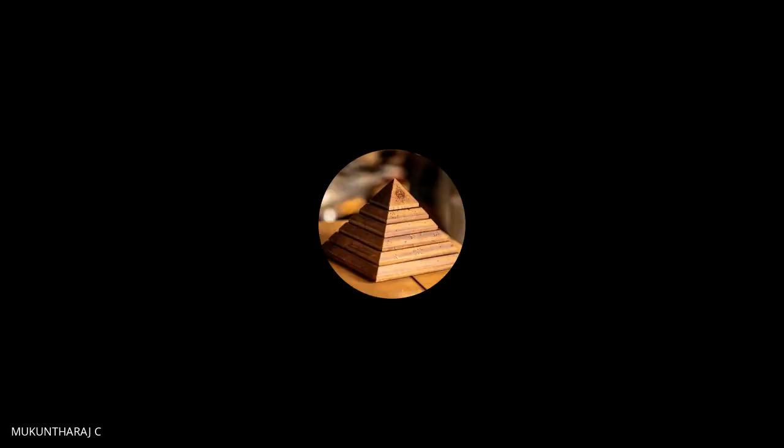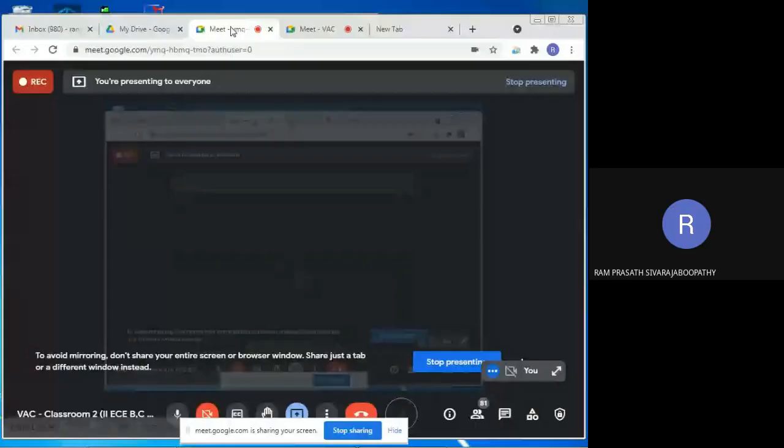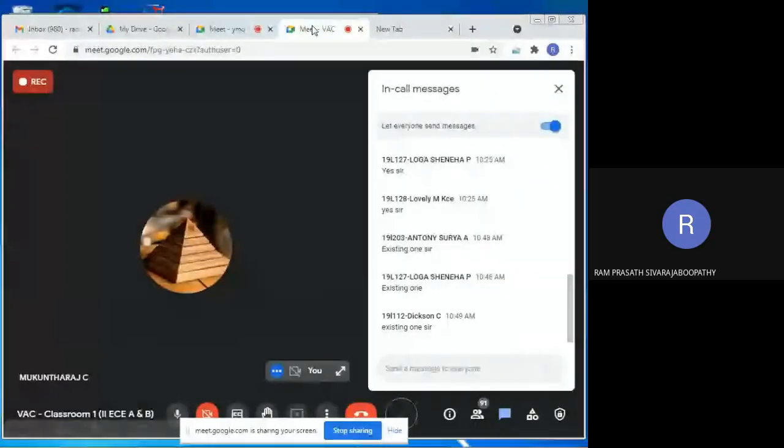Yes, students, can you see my screen in classroom 2? Yes, Ram sir. Okay, fine. Is it visible in classroom 1 now? Yes, Ram sir.